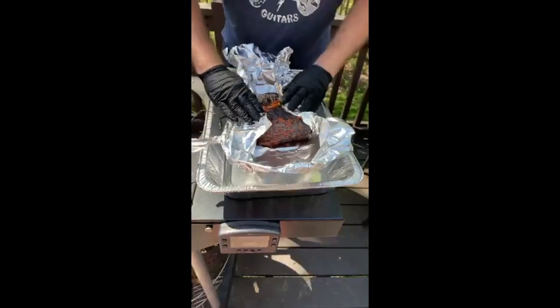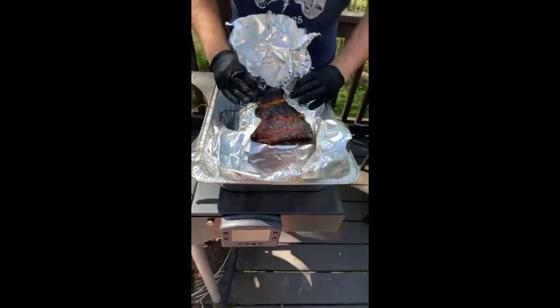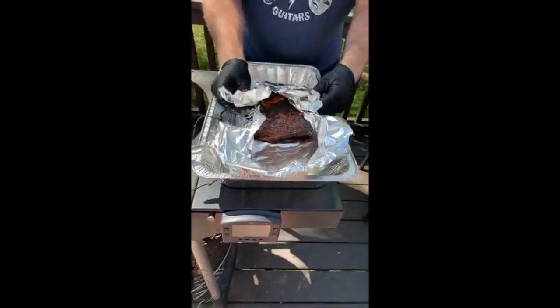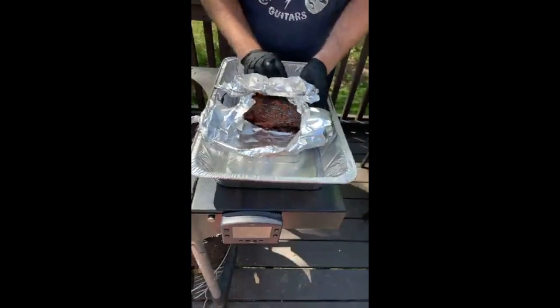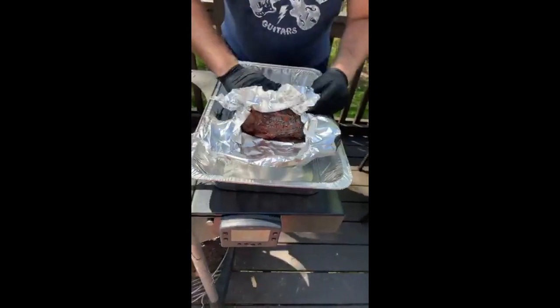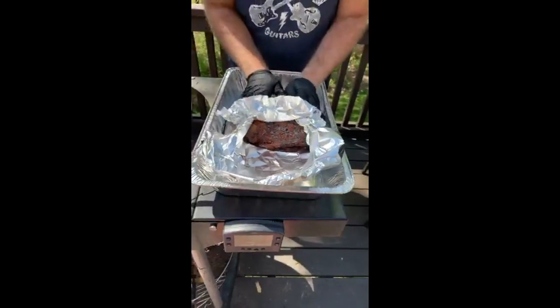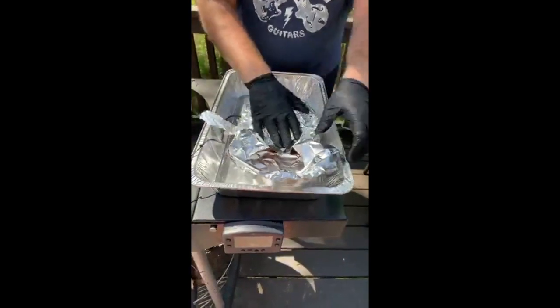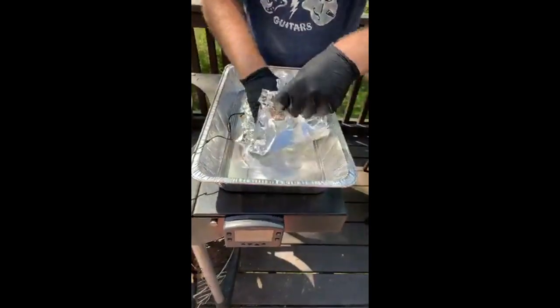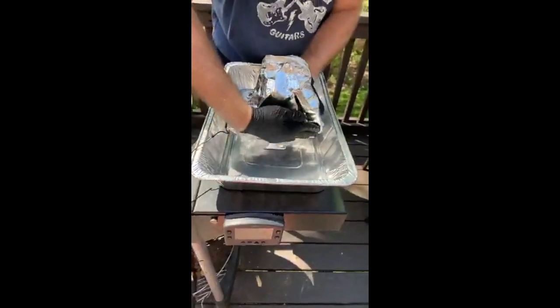Oh, got some bones sticking out over there. I'm going to fold this just like you would something that you would fold. I don't know, I don't have an analogy. Like a roll up, almost like a burrito. Yeah. What I'm trying to do here again is to get this as tight as I possibly can so that we can avoid moisture. You're also wanting to avoid,